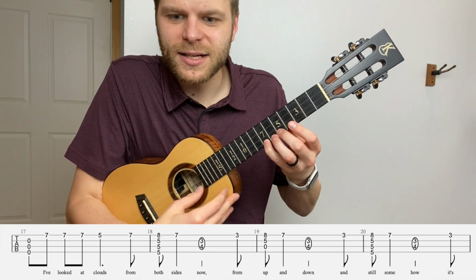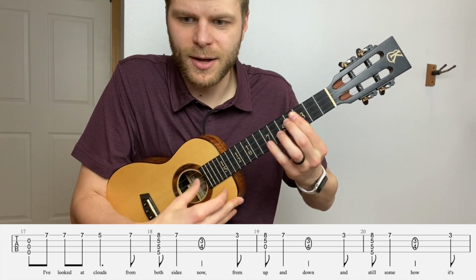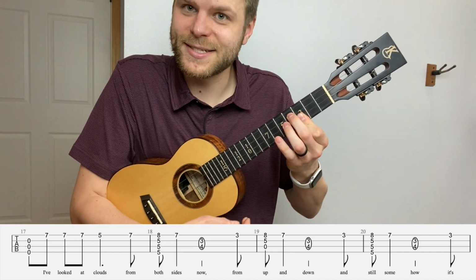I've looked at clouds from both sides now, from up and down, and still somehow it's...